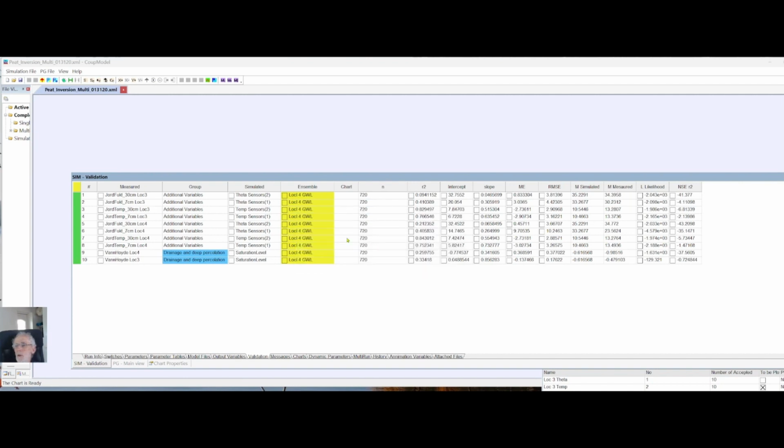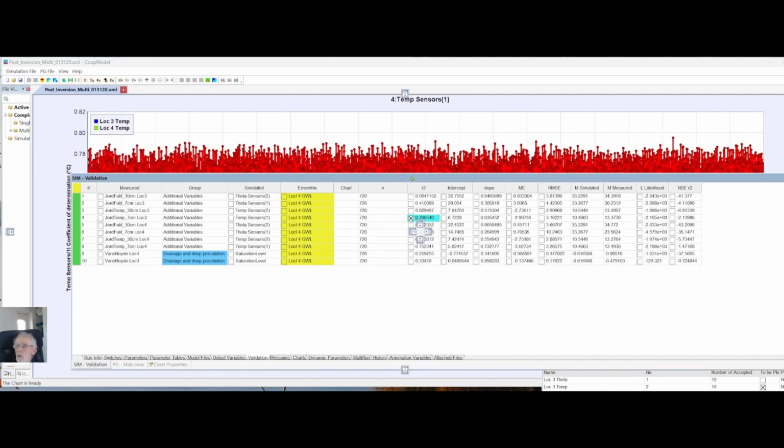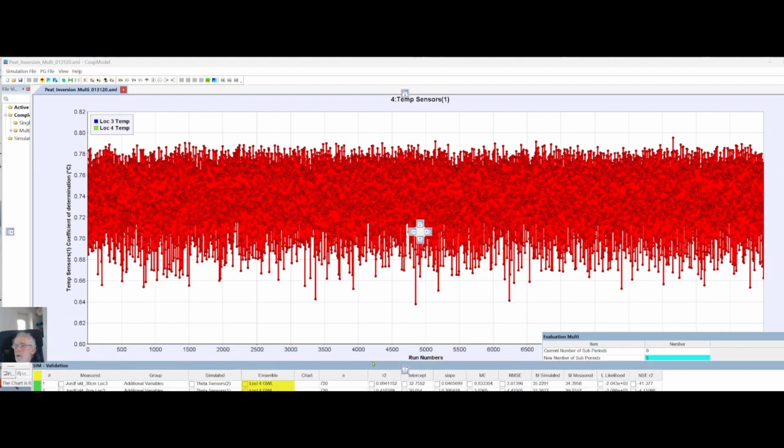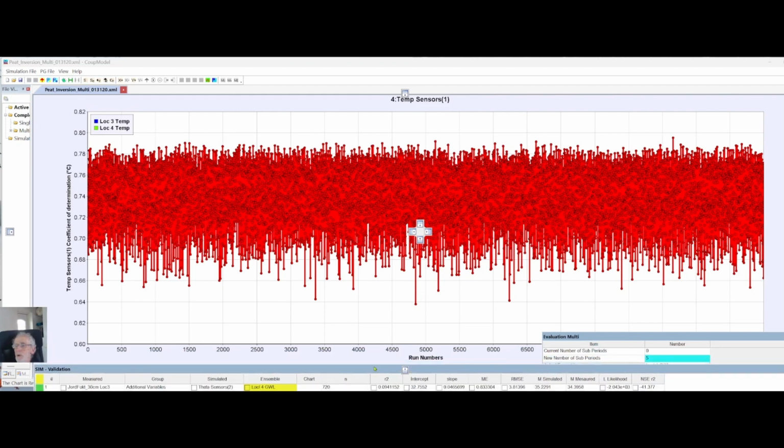So we take away those, and instead we look to the temperature, and we could look to, for instance, the R square. And then we see now we have a lot of runs, 10,000, and those differ between